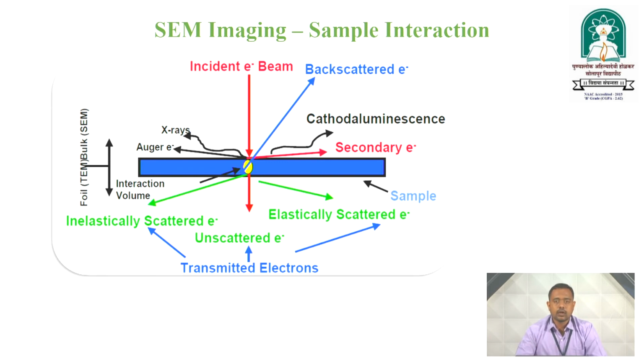Cathodoluminescence is one more signal over there. Luminescence is nothing but the emission of light after the absorption of energy from the primary electron beam. That phenomenon is the emission of photons from the sample surface, and that is what is called luminescence. And as we are providing the electron source from the cathode, that is the electron gun, that is why we call it cathodoluminescence.